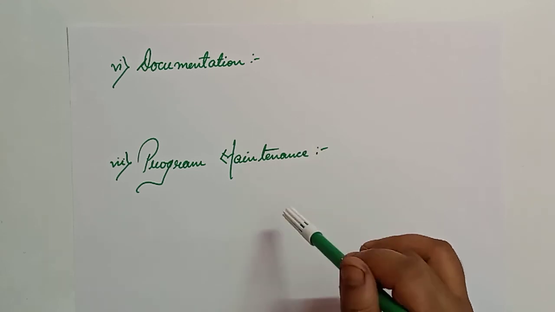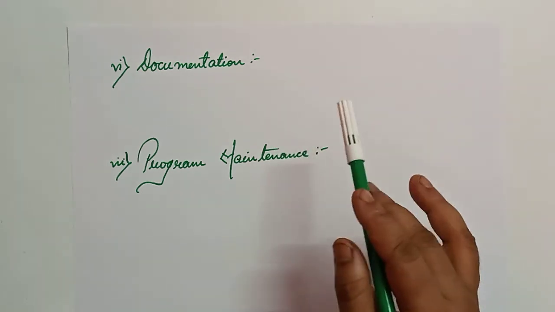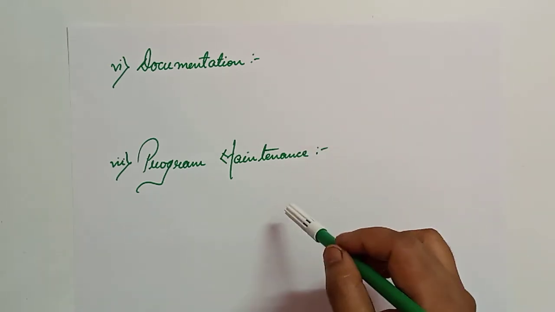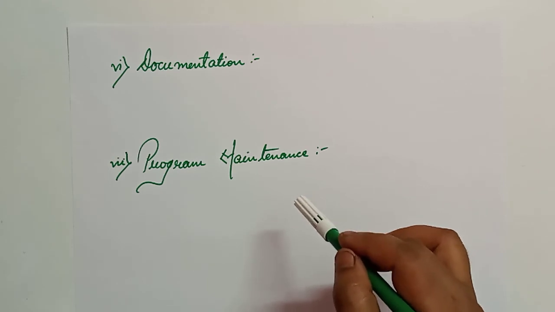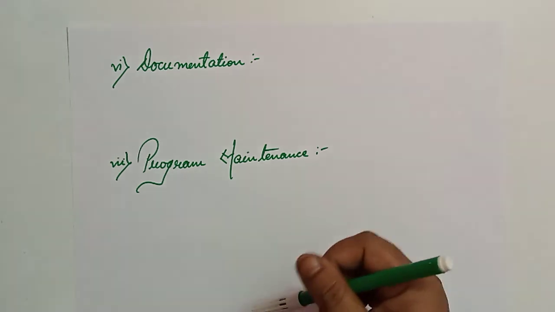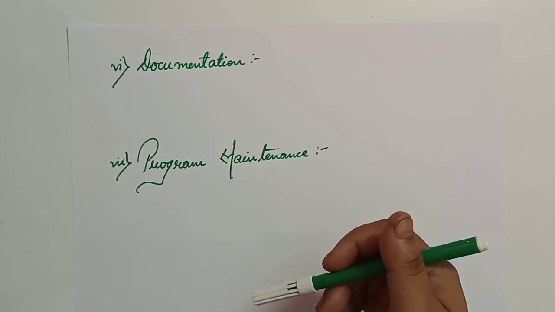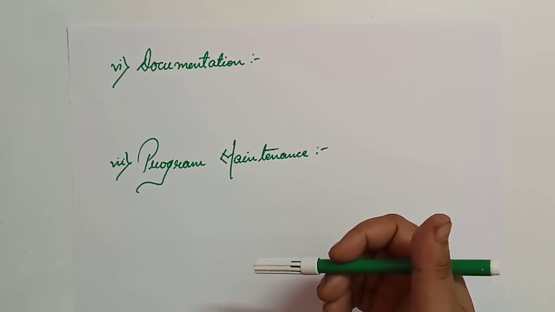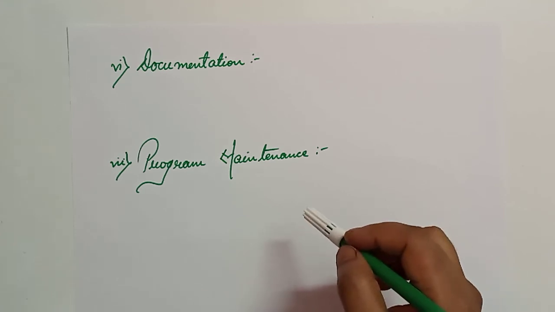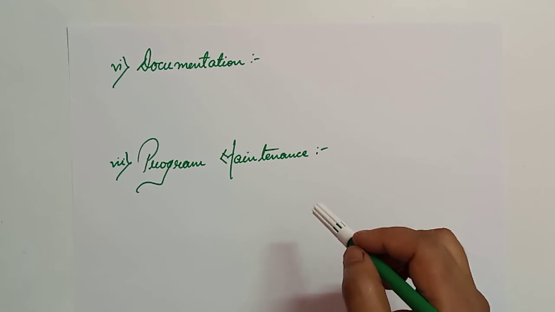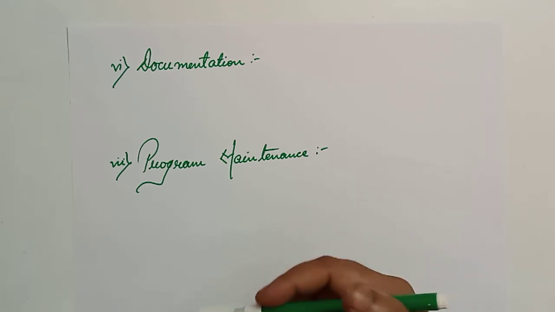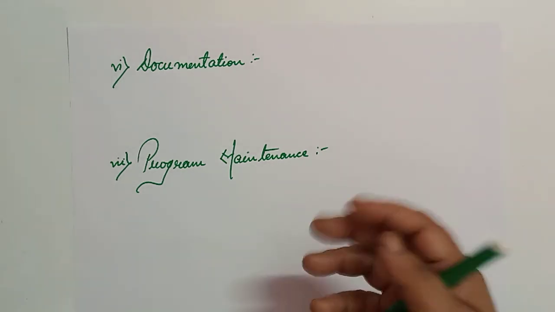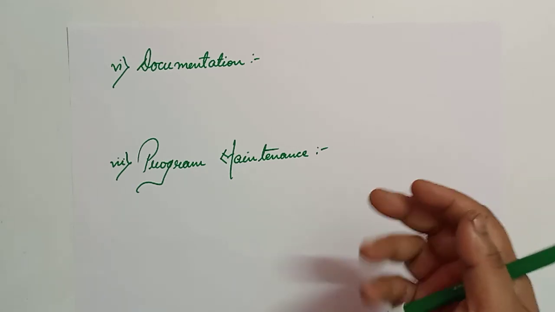Next is the program maintenance. Once you have developed a software, you have deployed it into the site. Now the last is the program maintenance. A very important process, because it may happen that by the time users are using it, some bug is there, so we have to fix that error. It is not directly part of the original implementation process, but it needs special emphasis. Once you have completed, that is what is called service after sale, you can say. This is a post service.